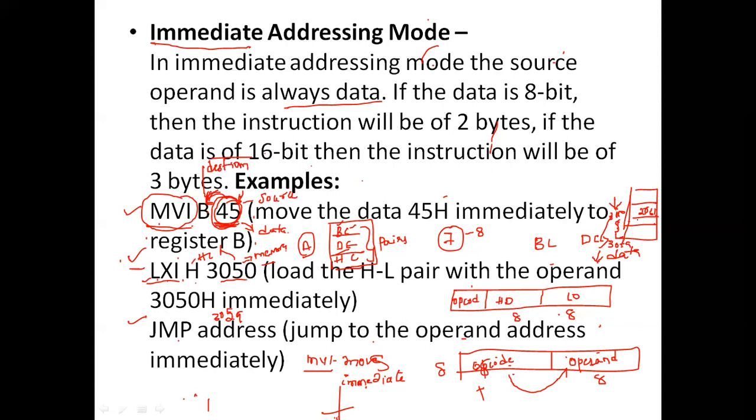As the name itself suggests, immediately do the task first. So what is the task? Immediately load. We can give the operand directly over here, that means data, that means 20 data directly over here, or we can specify the 2060 memory location over here, or we can specify some address over here, a normal address. Like this we have the immediate addressing mode.